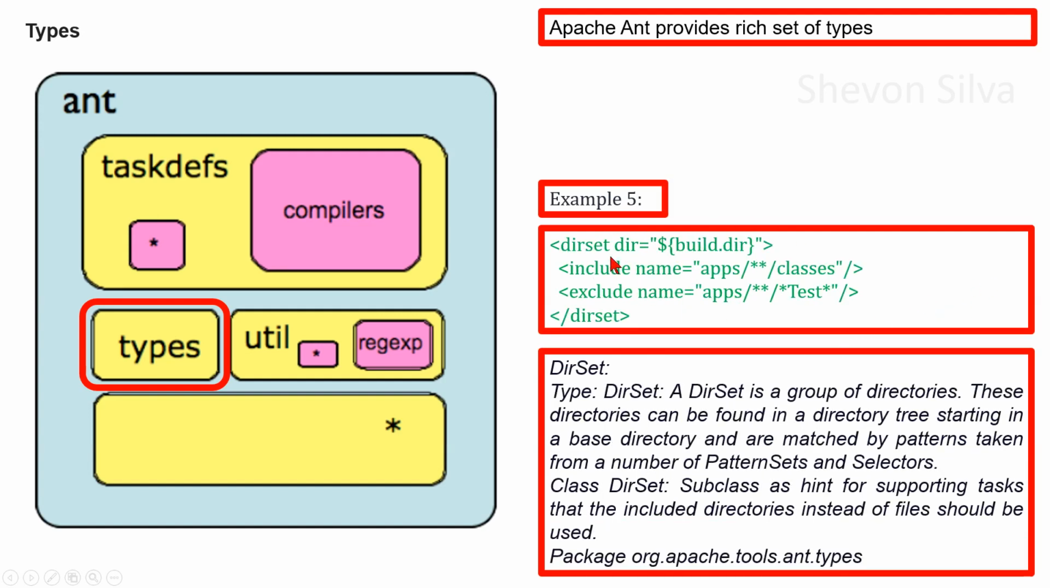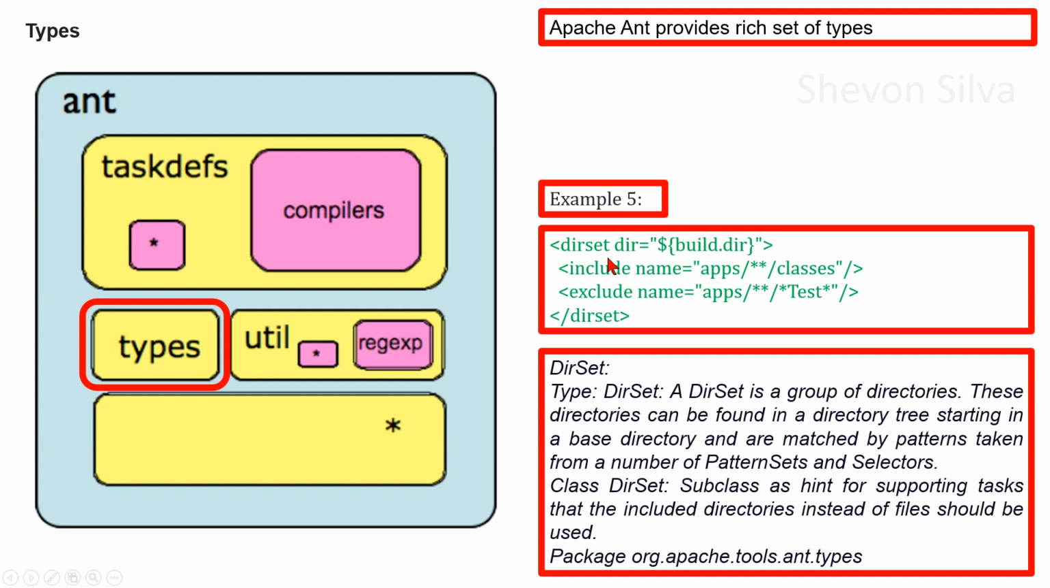Now we are considering dirset. The type dirset: a dirset is a group of directories. These directories can be found in a directory tree starting in the base directory and are matched by patterns taken from a number of patternsets and selectors. With regard to API, we can consider class DirSet, a subclass serving as a hint for supporting tasks that the included directories instead of files should be used. This is in the package